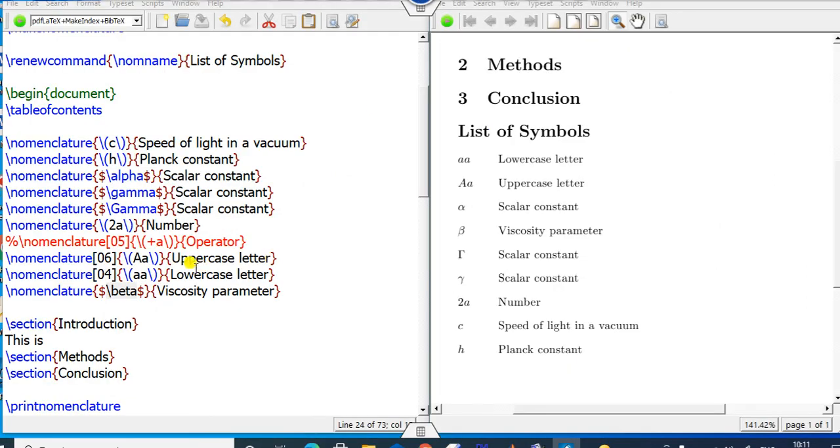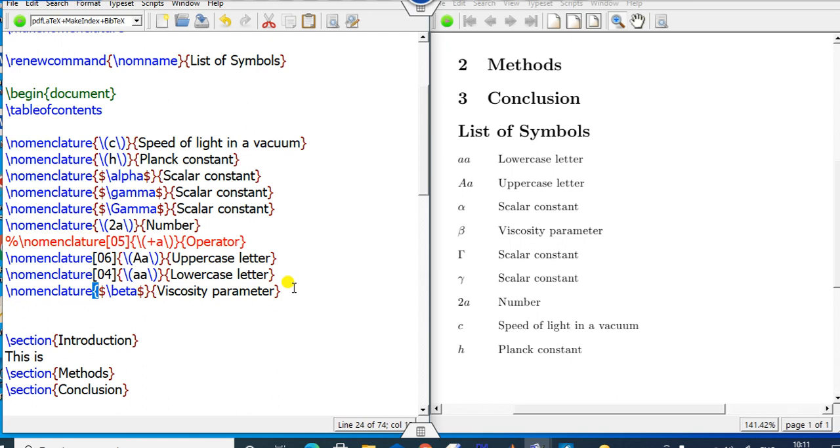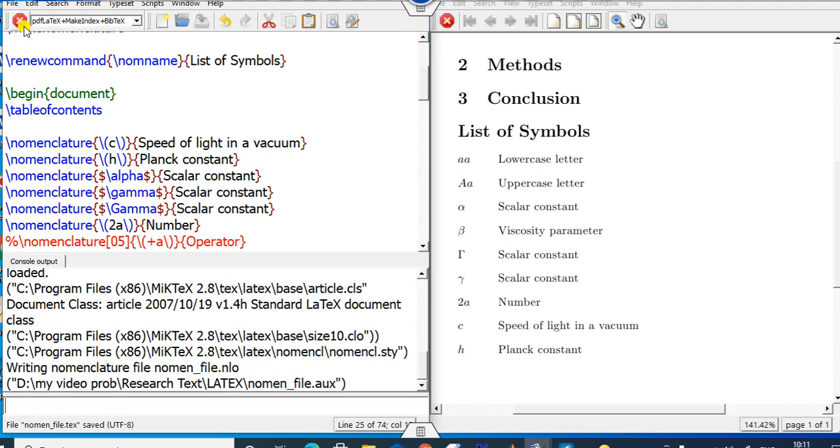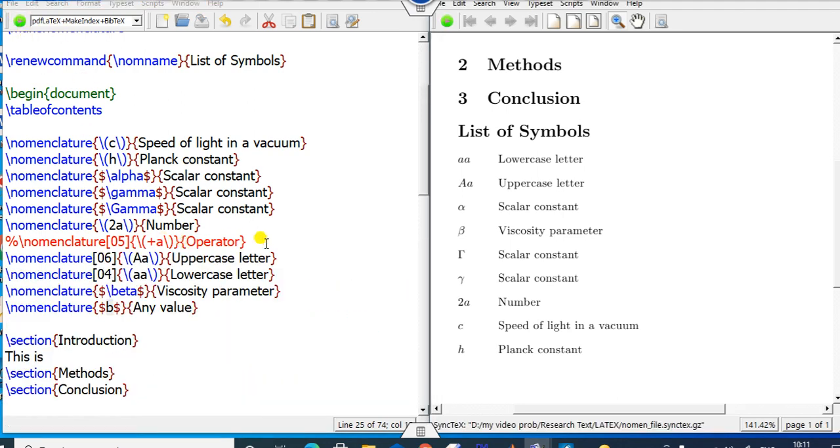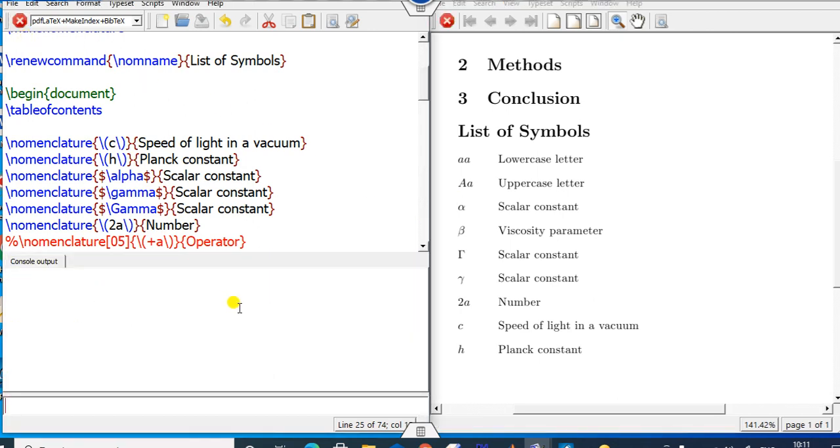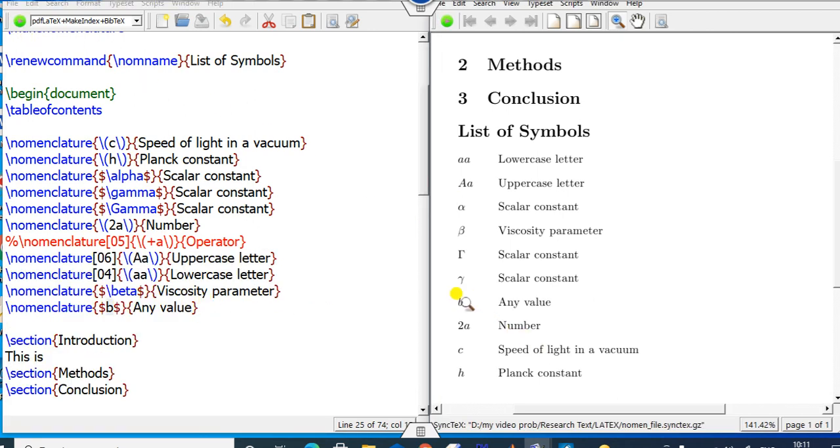Again, you can see if I define here, say, I can write here one thing for you: dollar of B, any value. Since it is written as B, according to the alphabet you would expect it to lie here. I run it one time and it does not appear. Now you can see where B lies. Why? Because I wrote it in the form of dollars. That's a mathematical symbol, so it will appear as gamma and B.